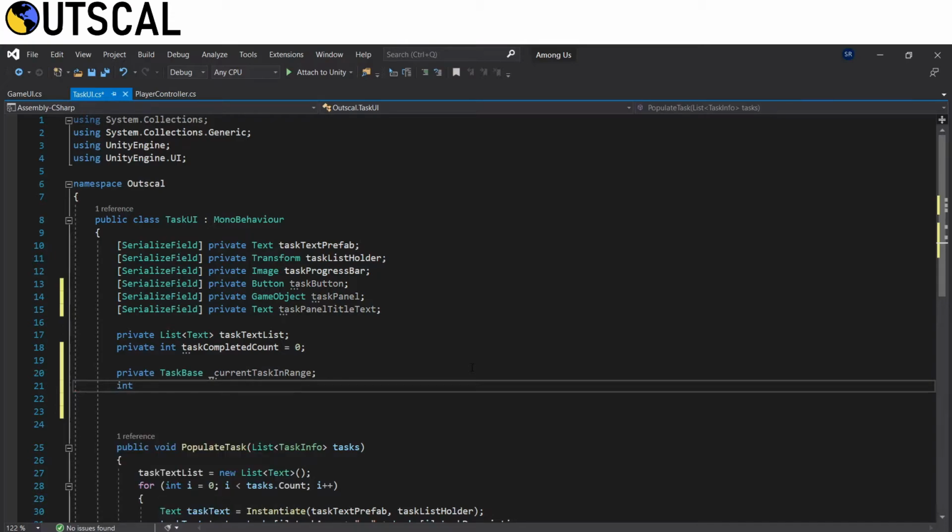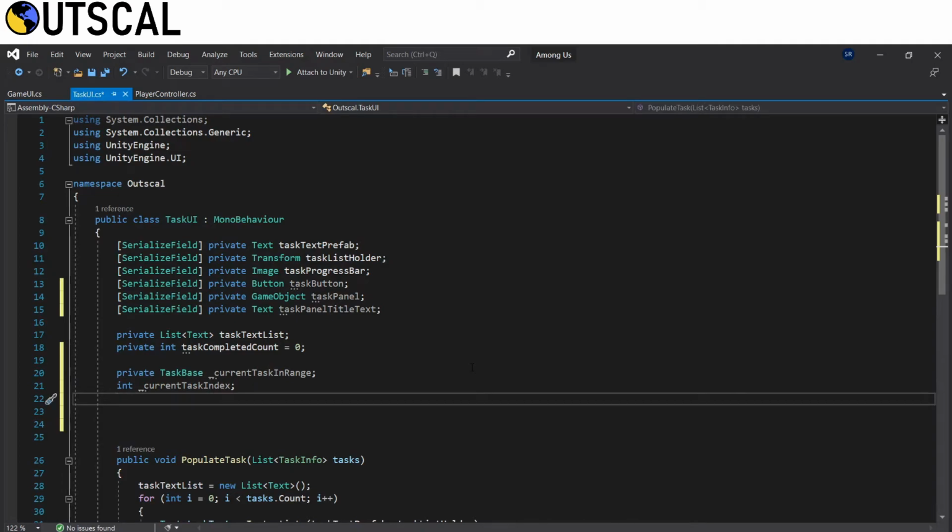Then create a private task base variable and call it underscore current task in range, and an int variable and call it underscore current task index.